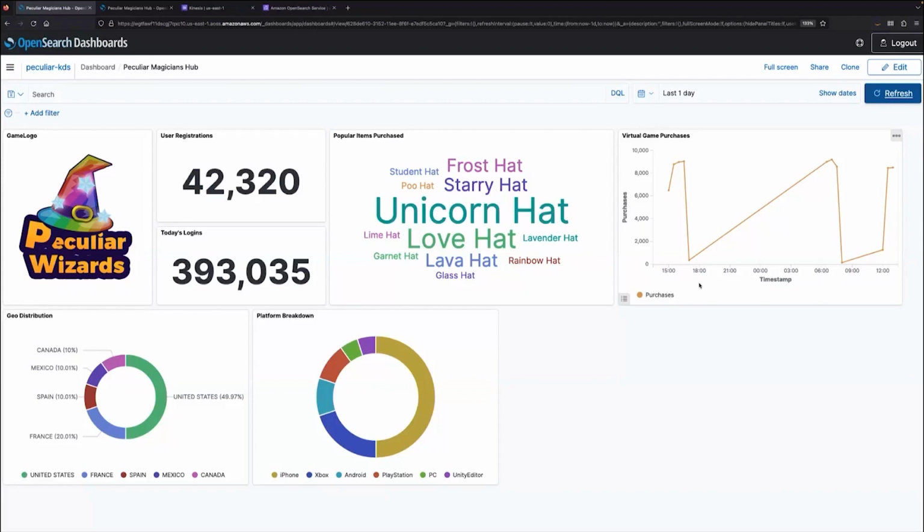Now, if you also want to go ahead and work with this data and expand this dashboard, it's relatively easy to do that as well to expose additional data sets. So let's quickly add a new panel to this dashboard that we can use to expose the total amount of revenue for particular items that have been purchased. So let's go ahead and edit this dashboard. And let's go ahead and add a new panel here.